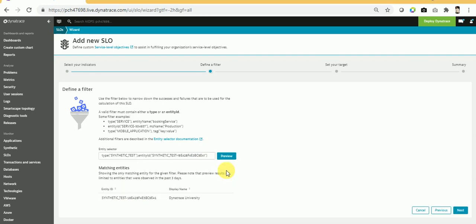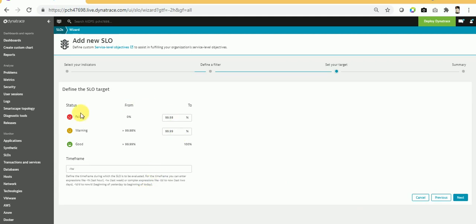Click on this, and you can see only one synthetic test, the display name, is selected. So you can use this in your production environment where multiple applications could be present. It's a better option to use two selectors, maybe type and entity ID, or management zone, or you can use any service name or entity name. Now click on the next button.